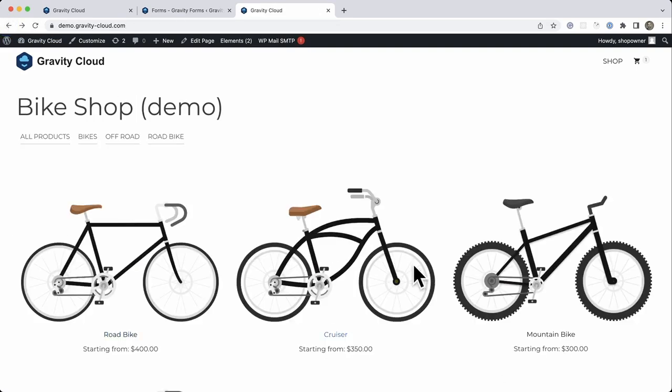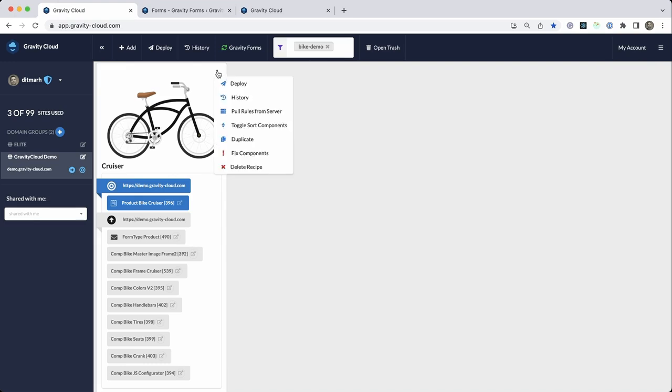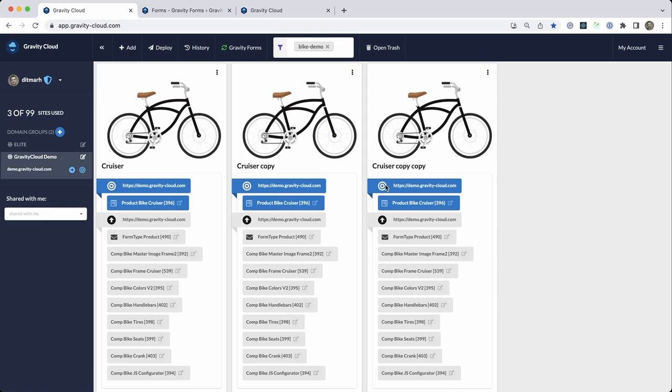So why don't I go ahead and build out those bikes? Let's go back to Gravity Cloud, close this down. Now, rather than building these from scratch, I'd rather just duplicate these. So I'm going to duplicate, and then I'm going to duplicate this one. Okay. So now that we've duplicated it, what I'm going to do is change the image and